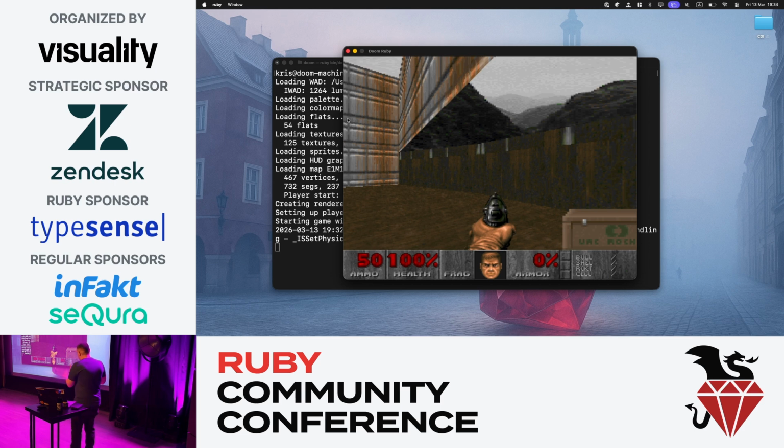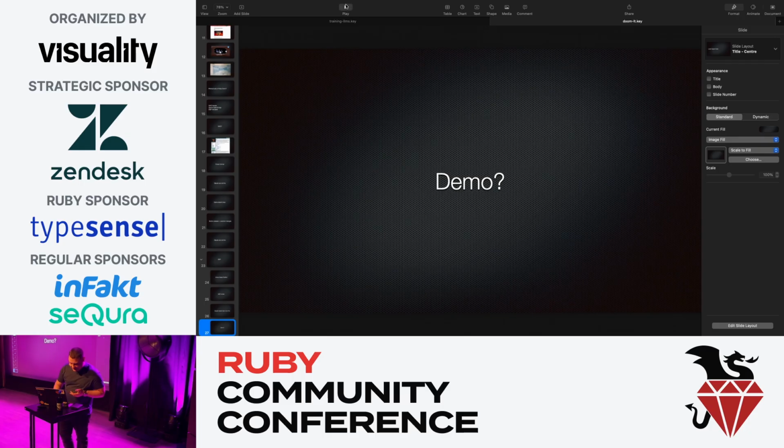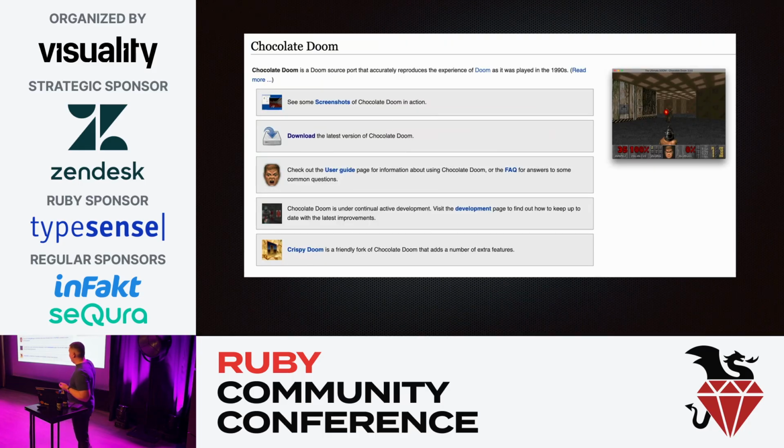But I wrote some interesting code for this, to debug these kinds of edge cases. I took the Chocolate Doom, which is a reference implementation of Doom using slightly more modern C. And I asked Claude to write something that dumps the frame for a specific location. I was just walking around in my Doom and asked Claude to dump the same frame from the original Doom in the same location, compare the two, and tell me what's the difference in the rendering, because